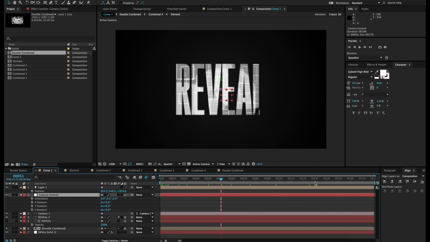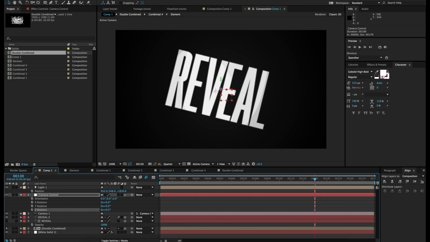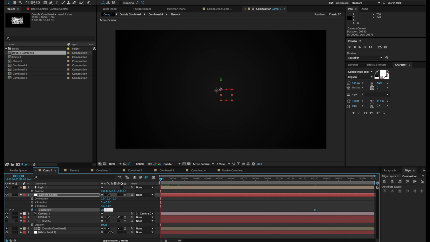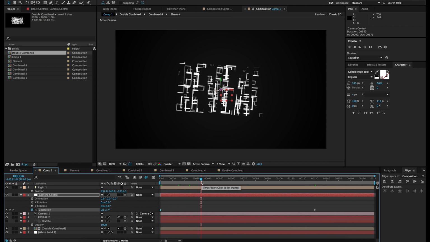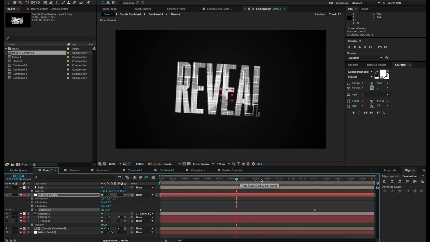So at frame 130, the rotation is going to end. So the Z rotation, I believe. Yeah, so the Z rotation is going to be at 0, and I'm going to set the keyframe here. And at frame 0, I'm just going to make it something very slight, like -5. So it's nothing too crazy. Just very, very small, noticeable,